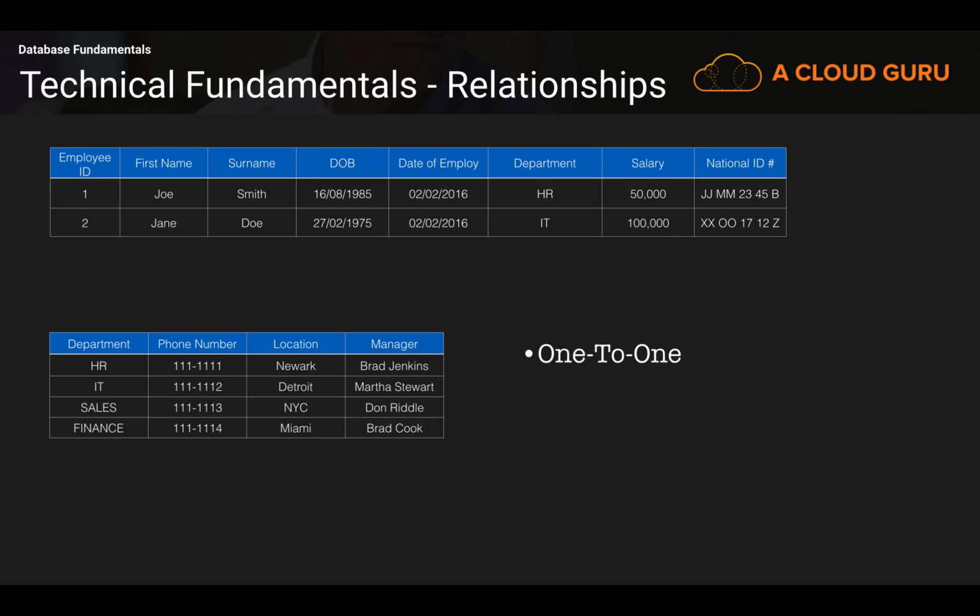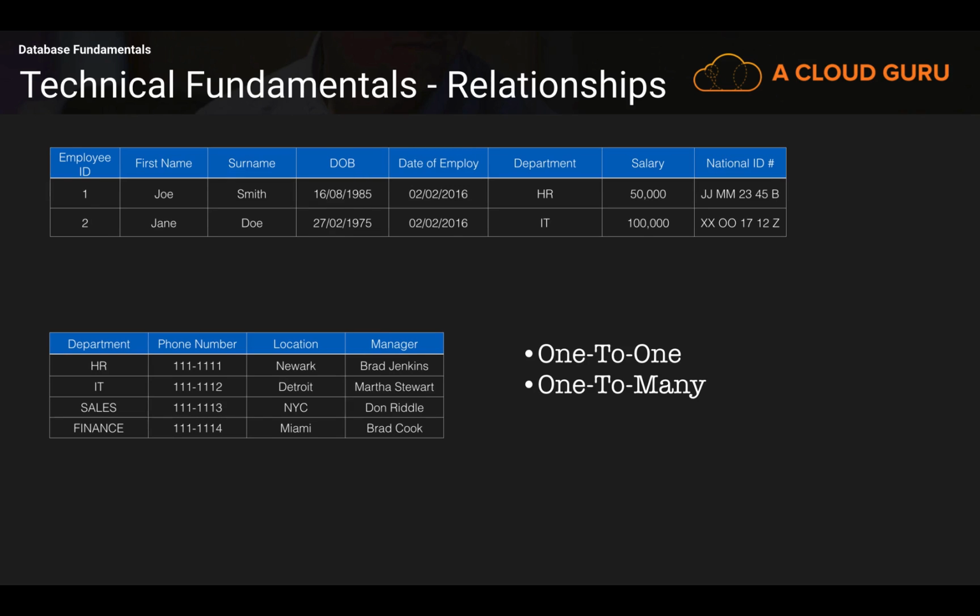One-to-one, and this is where each row in table A has a corresponding row in table B. Now in this case, this is clearly not true, as we could have multiple people in the employee table belonging to the same department. And next we have one-to-many relationships, and these are where one row in a table can match multiple rows in another table or vice versa. This is true in our case. Each row in table B, the department table, can match multiple rows in our employee table,